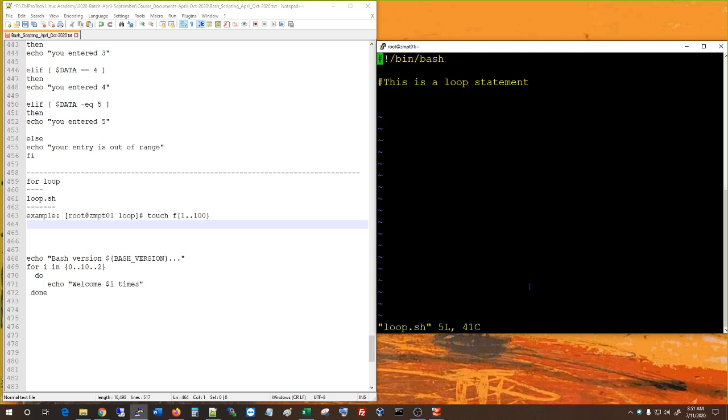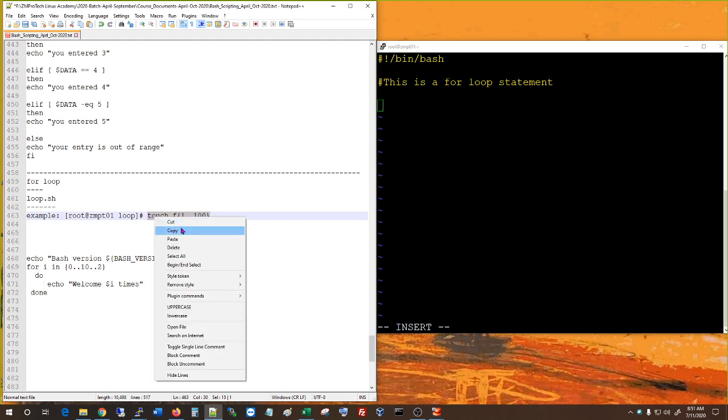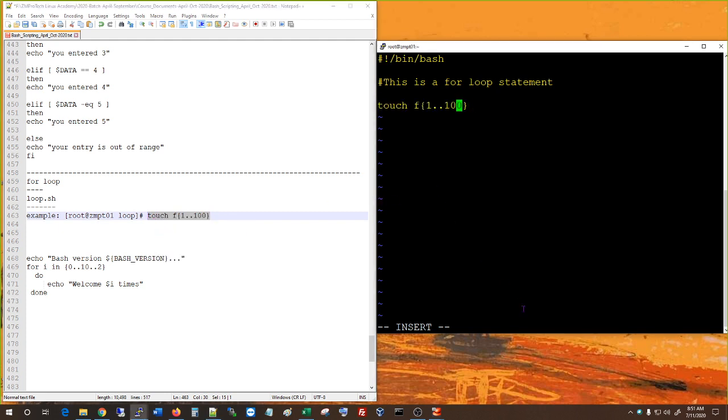So I'll go loop.sh. Okay, so this is a for loop statement. So what we're gonna do is let's copy this here again. So instead of typing touch, what I'm gonna do is, let me, instead of this, I'm gonna say for f in,